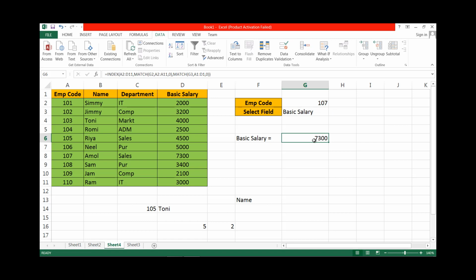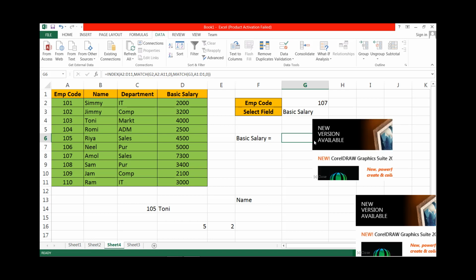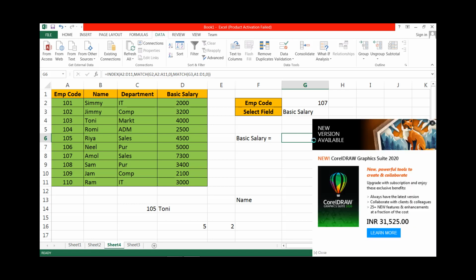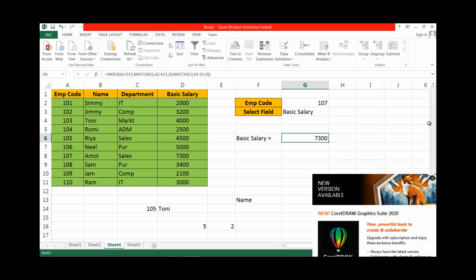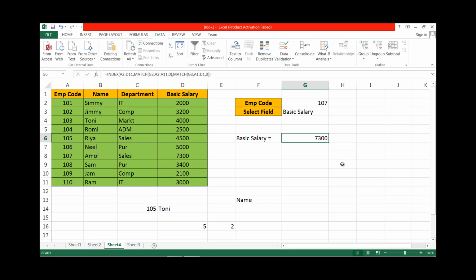Like this you can search, or you can make your search more dynamic with the help of the index function and match function. You also have the option of VLOOKUP, but if you want a more dynamic search, or an easier search, then you can also use index and match function.